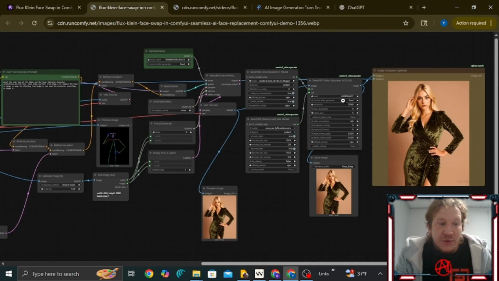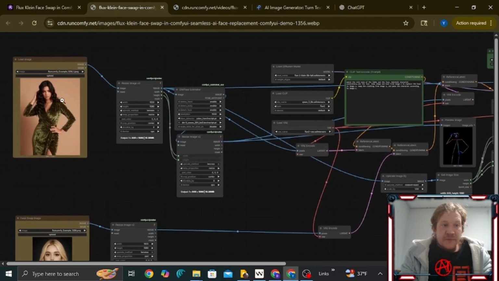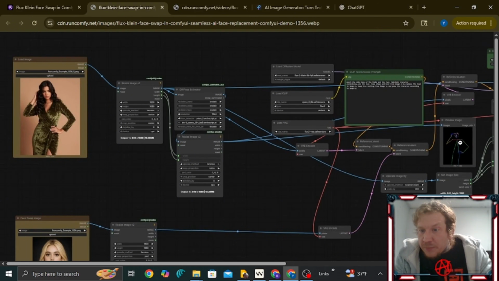Today, we're going to be going over the FLUX.2 Klein Face Swap workflow for ComfyUI. So this is one of the most powerful and latest pipelines. We're actually creating face swaps using a body for the initial image and then a face to add to that body. It goes through, resizes the image, runs through DW pose estimator, which is basically for making this little pose